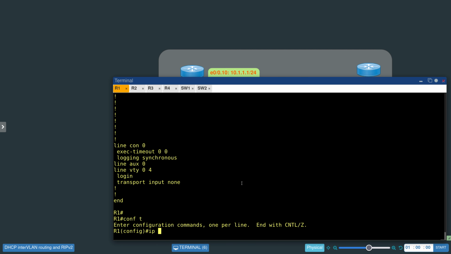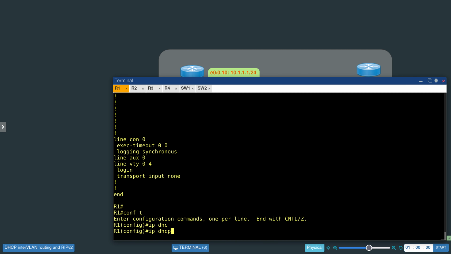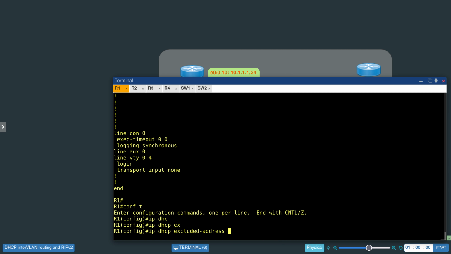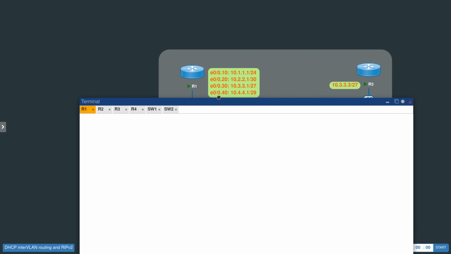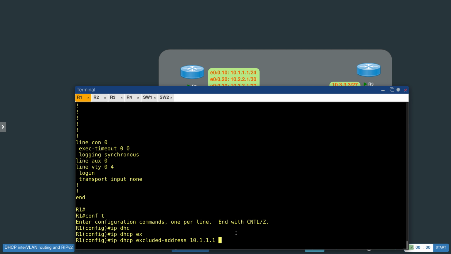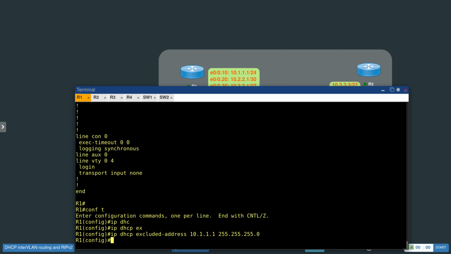So we go IP DHCP excluded-address, and let's do 10.1.1.1. Let me see what subnet mask I have to use. So it's 255.255.255.0, and then I have to do the same for the next VLAN. So